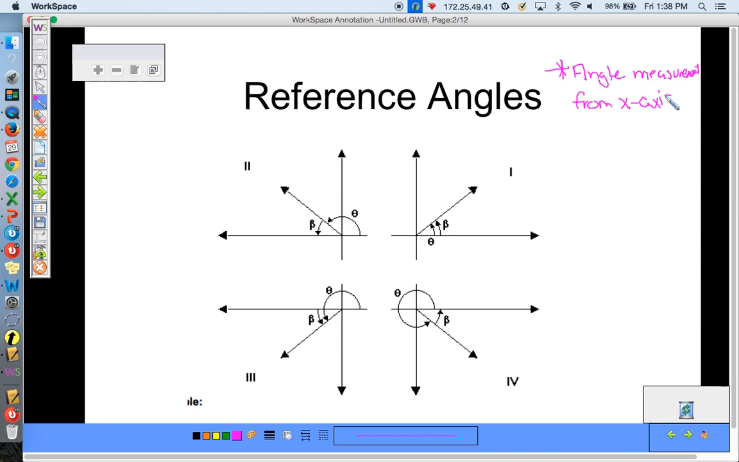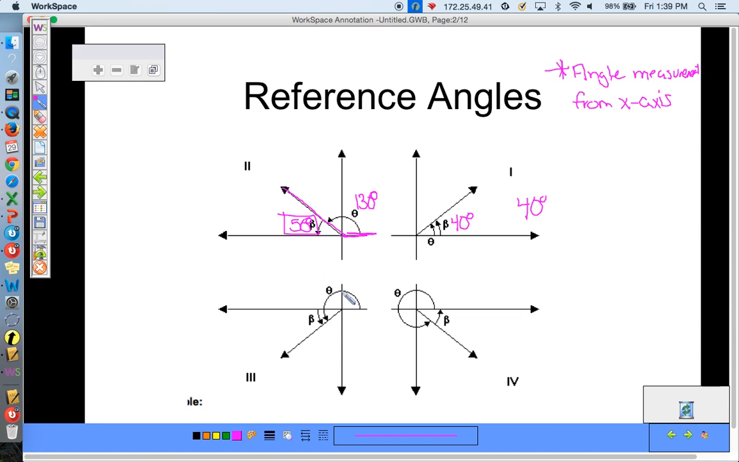So here we have those 4 different quadrants. For example, if this angle measurement was 40 degrees, your reference would be 40 degrees. It's 40 degrees from your x-axis. However, we measure our angle starting from the positive x-axis. So here's our angle. If this was 130 degrees, our reference angle would be that distance to the x-axis, or